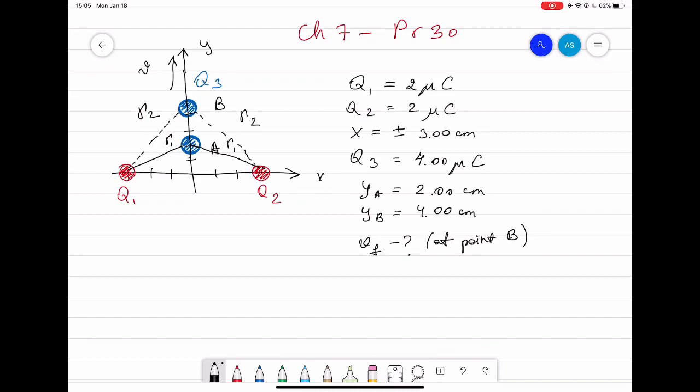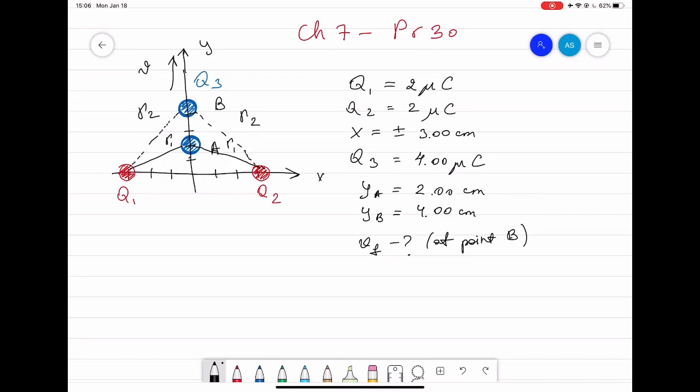you have to find what will be the final velocity at point B. Okay, so as you can see here, we have 2 points. At 2 centimeters, I call it point A. At 4 centimeters, I call it point B. So we have to find the final velocity. If you try to think, if things are related to the velocity, then you can solve this problem in a couple of ways, but the easy way, I think, is to use conservation of energy